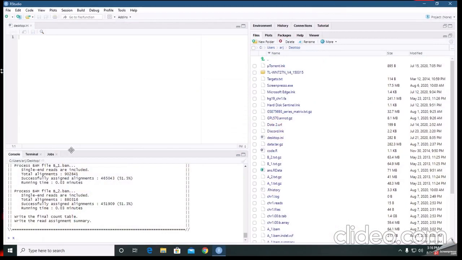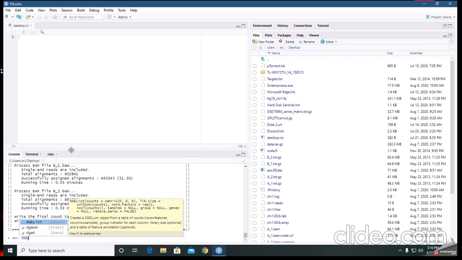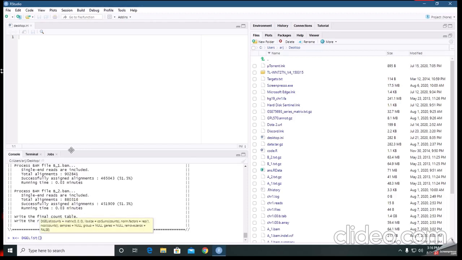Now we take x variable, and we are now showing our DGE list, differentially expressed genes list. FC is basically the variable where we store our feature counts.